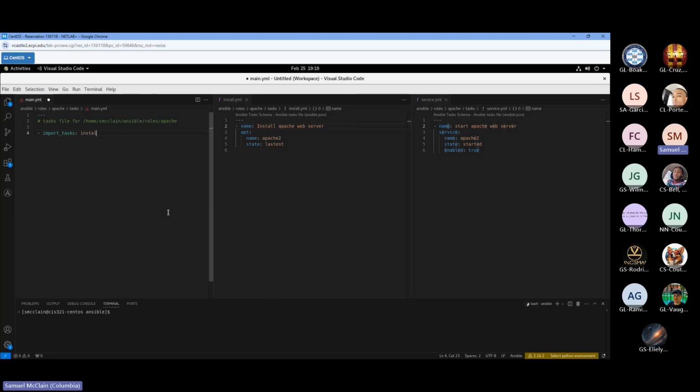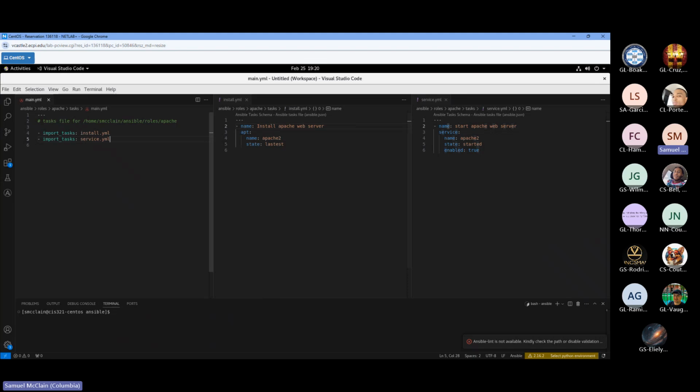It's going to be install.yaml and import tasks service.yaml. And so it takes these two files that we created and imports their file into the main tasks run